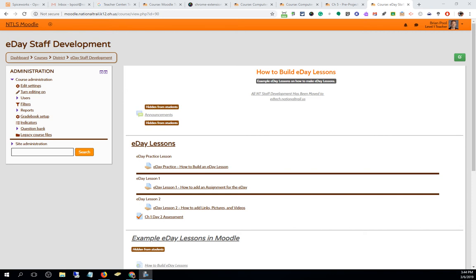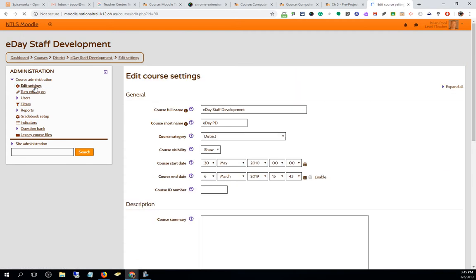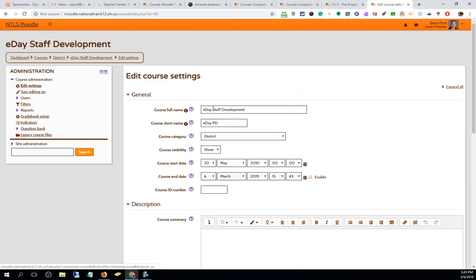Okay, this Moodle class, part of level 1, goes over our basic course settings. And so whenever I'm in a course, if I want to look at the course settings, I go over here and click on Edit Settings. The course full name is what shows